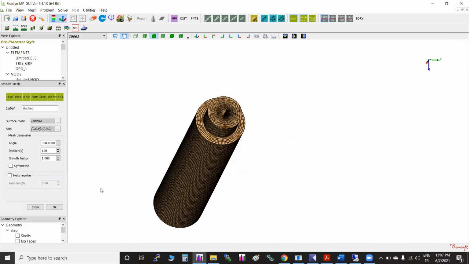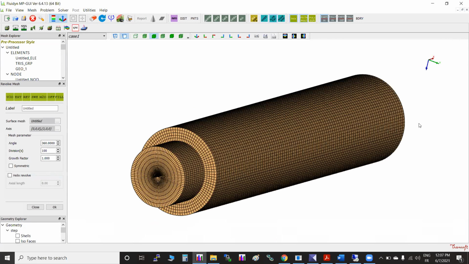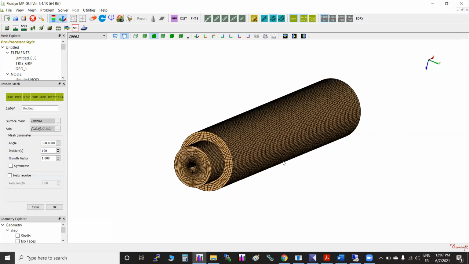The only thing is what I gave as input: that face, then one reference point, and along which axis it is going to rotate. So I know along the x-axis I wanted to rotate with 0, 0, 0 origin. So it created this. This is another point. I suggest you just sit and go through these options: primitives, line, triangle, rectangle.